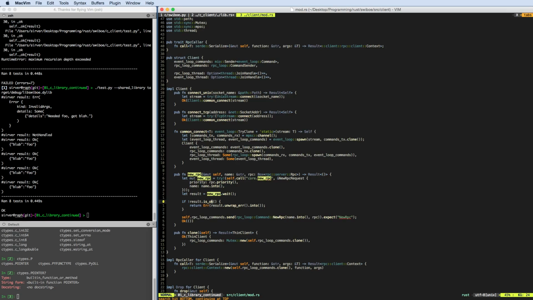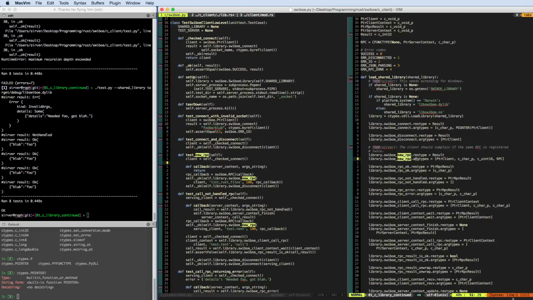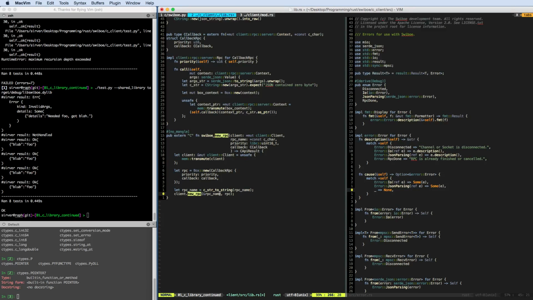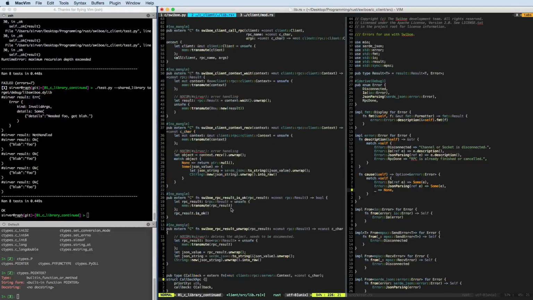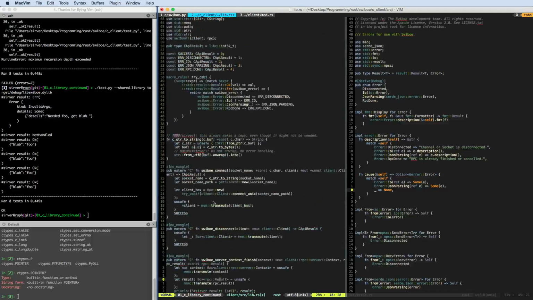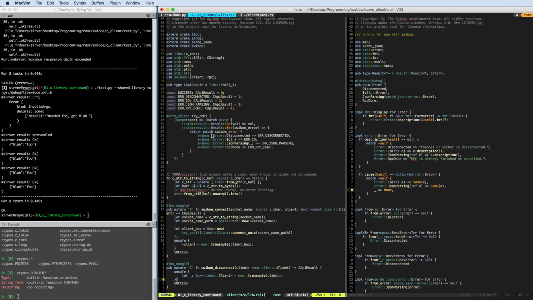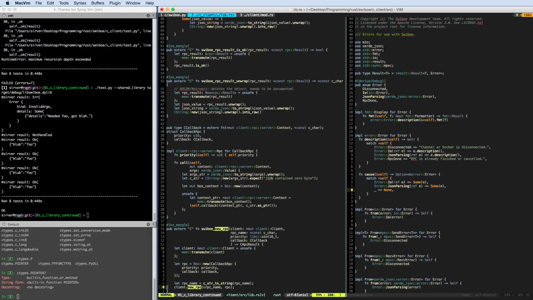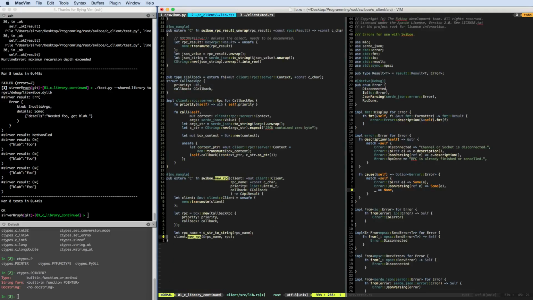That does an RPC call and waits for it to complete, and it expects it to work. Yeah, so that's very straightforward, right? Basically we are returning a C API result here, and we have this nice macro that we wrote yesterday, called try C API, that will convert to a